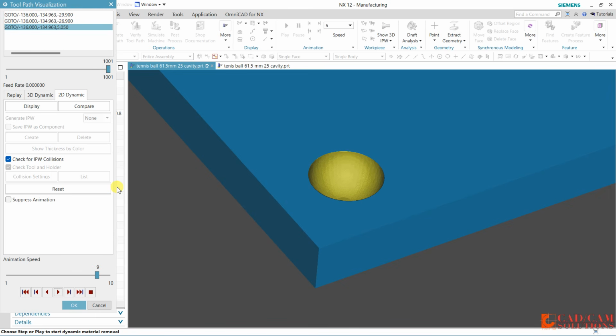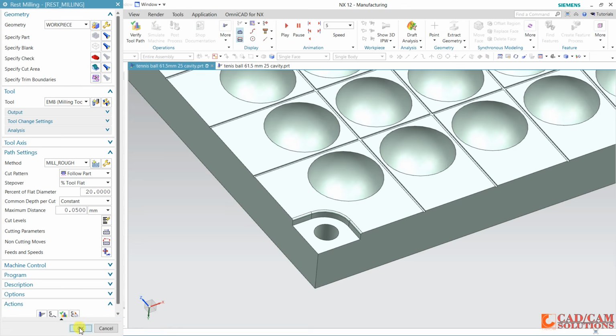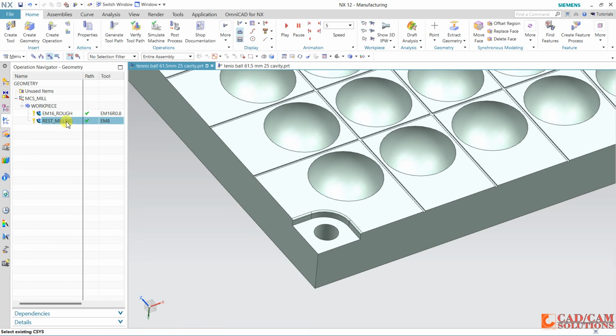Okay, still a small amount remains. So for that amount, I'm going to use the next operation and rename this, and this is rest milling with 8 dia. So end mill 8 rest operation.